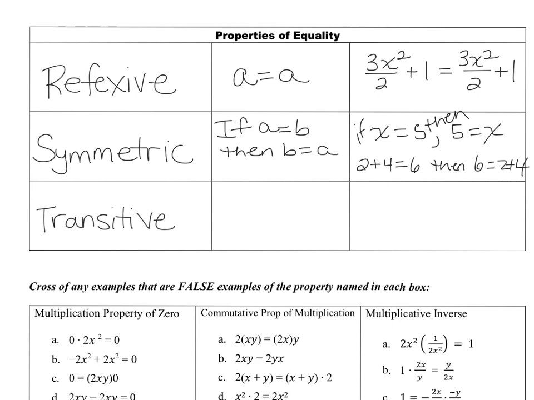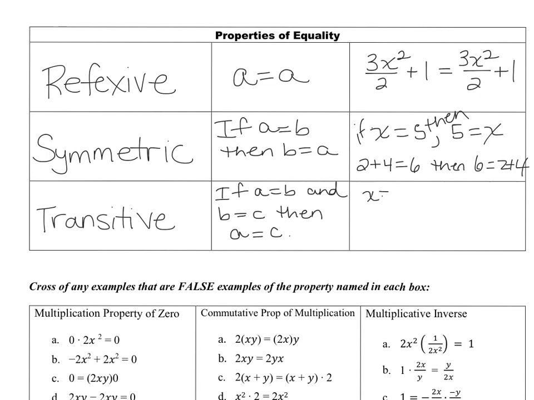Now, the transitive property, I love the transitive property. The transitive property says if A equals B and B equals C, then what must be true? A equals C. So the example I'm going to give you is suppose I say